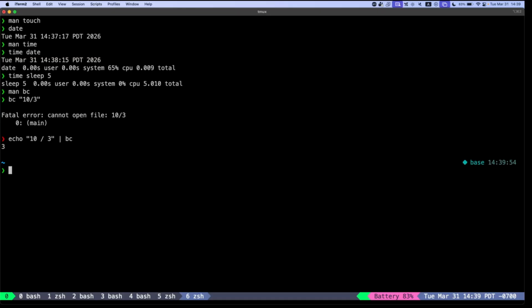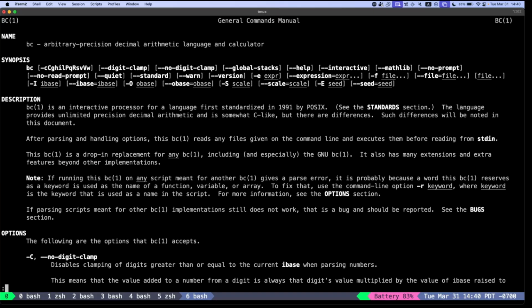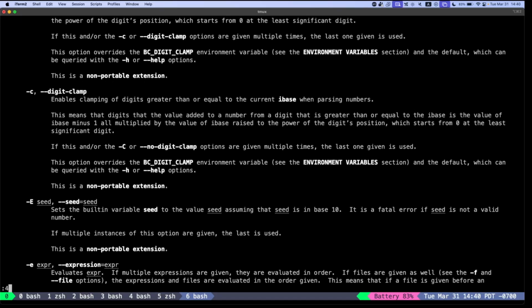It tells me it's 3, because by default it doesn't do calculations the normal way. You have to use the -l option to actually make it print with decimal precision. Why do I have to use the pipe? Why can't I just use BC? Well, if you look at the BC command, it by default doesn't take any string input, compared to some other program like